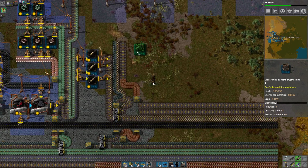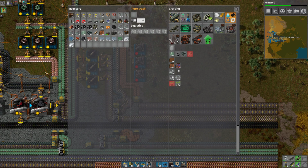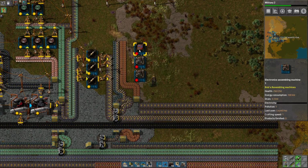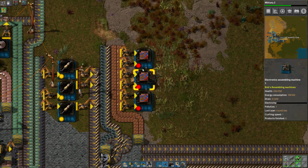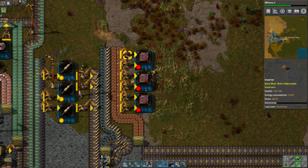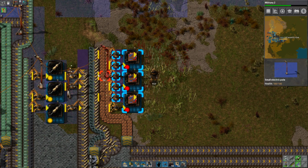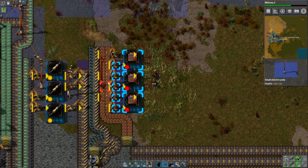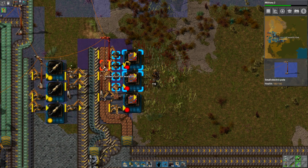Okay, these can probably be made in these things. These can take 3 components, right? I think so. Yes. Indeed they can. Glorious. And it's going to need this. Then one of these is going to have to be long-handed on each, and we are going to need the occasional pole. I could probably get away with doing one like here, and then